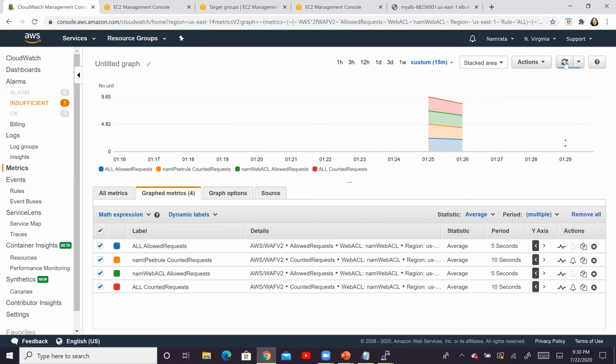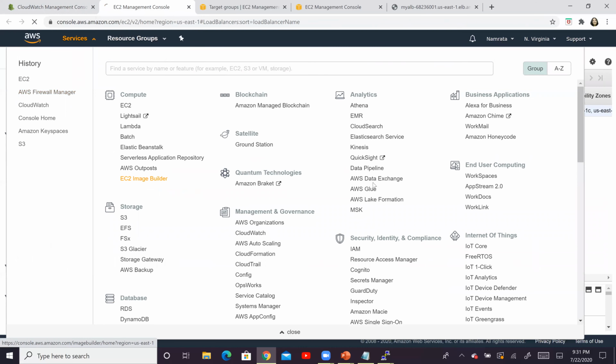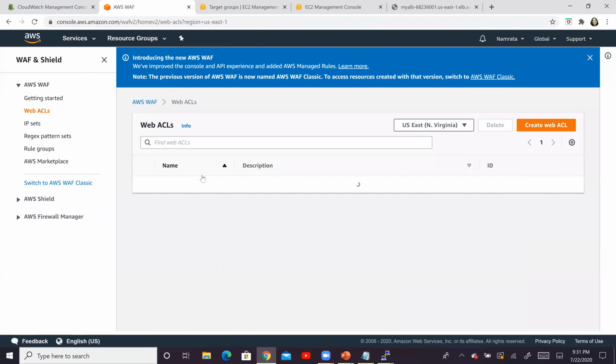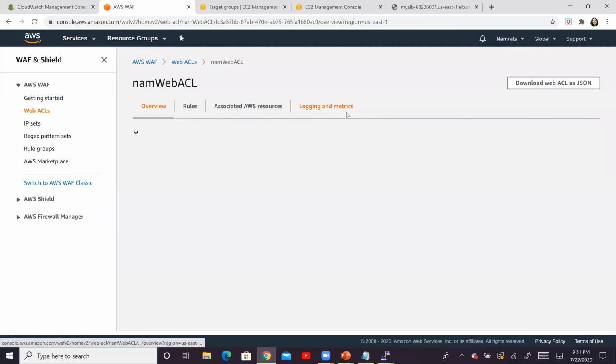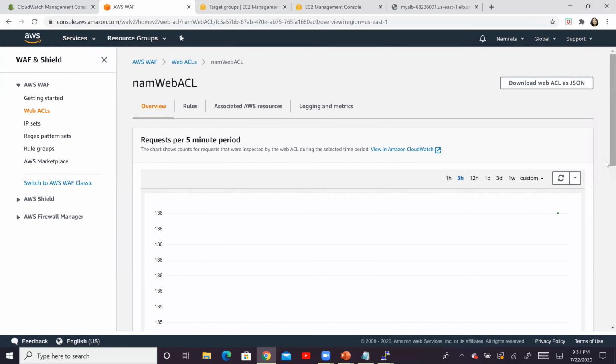So give it some time and come back over here, and you will be able to see all the 4 matrix are updated. Similarly, if you go back to our ACL, hopefully that particular view that we saw over there should also be refreshed by now. So let's go to our ACL right here. And hopefully this view is refreshed and we should be able to see something.